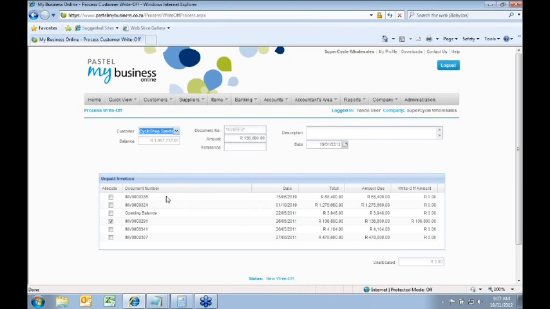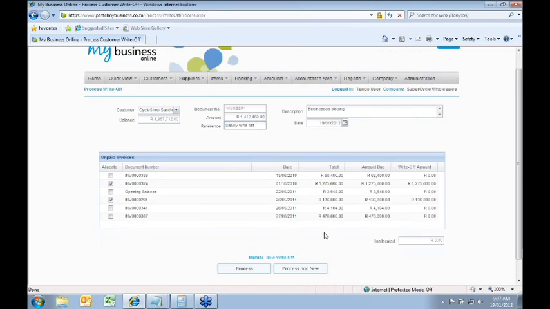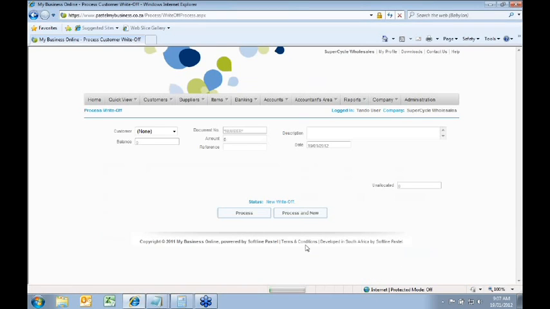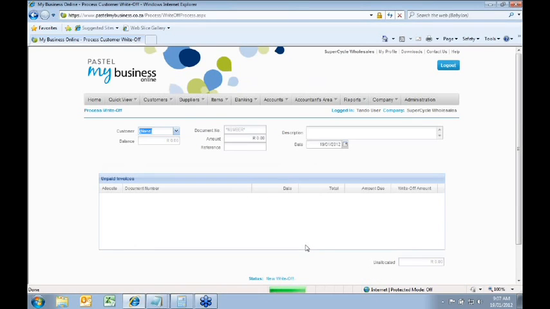If I wanted to write off the entire invoice, as mentioned before, you just select it. And then you can click on Process Anew, and keep on going through all the customers that you need to